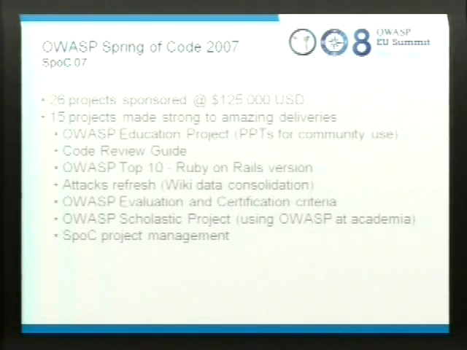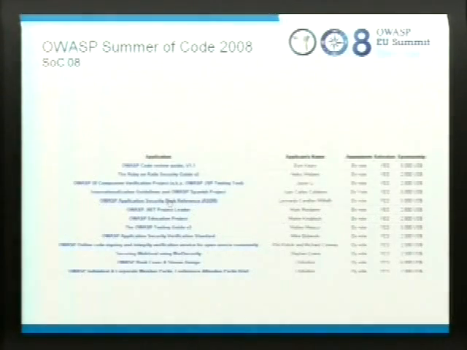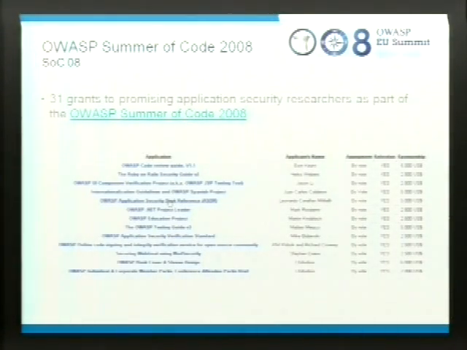And what happened is we hit a great model for allocating OWASP resources. We're going to have a full list of sponsorship, etc. It was a great way to get things done, and a great way to get people involved in OWASP because we now had a very nice formal process. Of course, for the guys who did the first Autumn of Code and the Spring of Code, you realize that it was quite chaotic. But that's how we do things for the first couple of rounds. And then for the last one, because we already had our project manager, I could say that for the first time, I'm running a proper grant program.